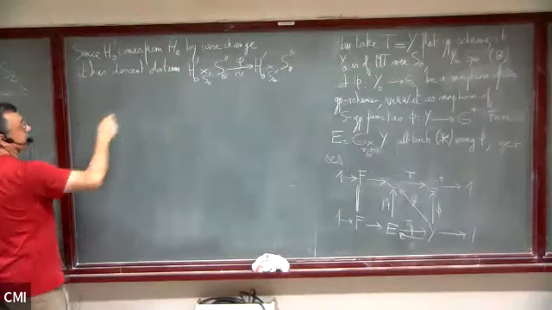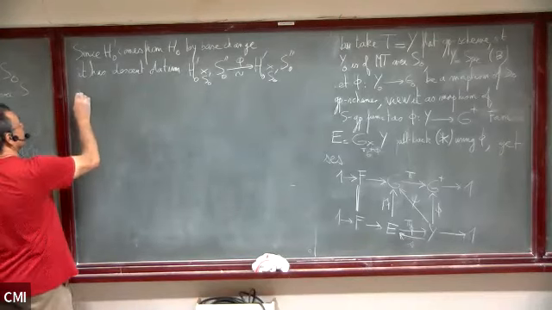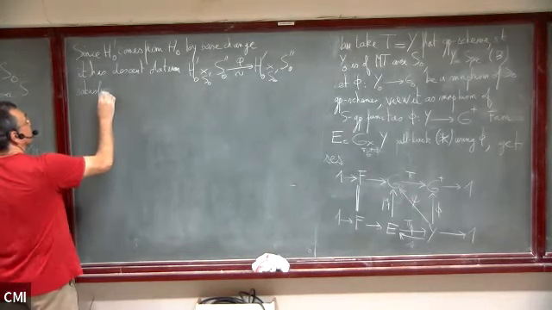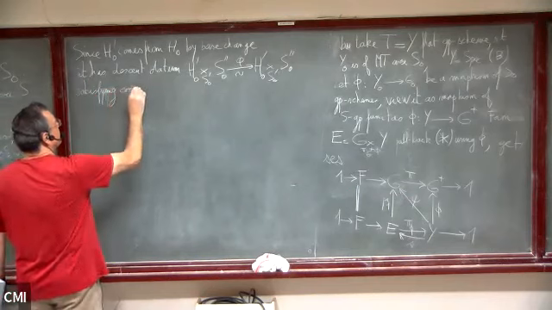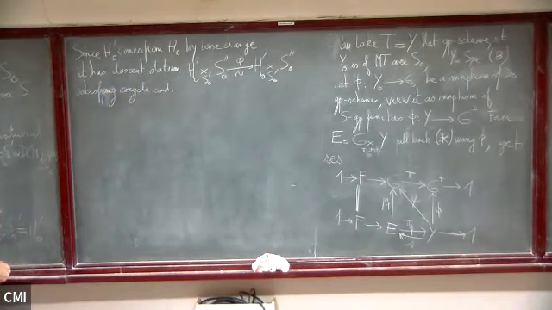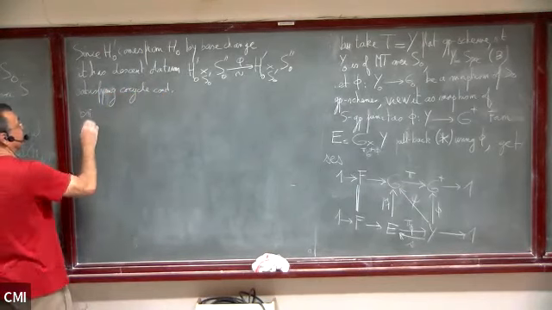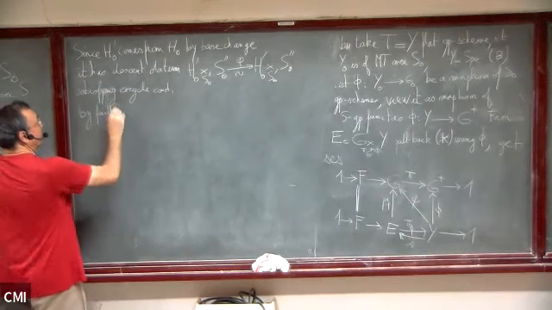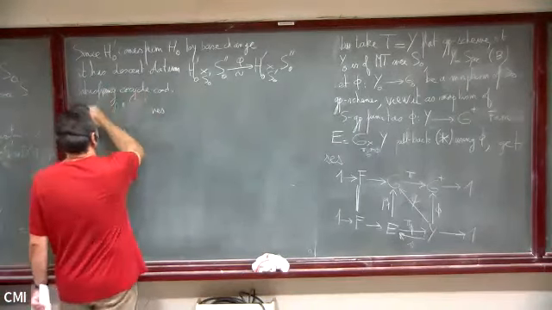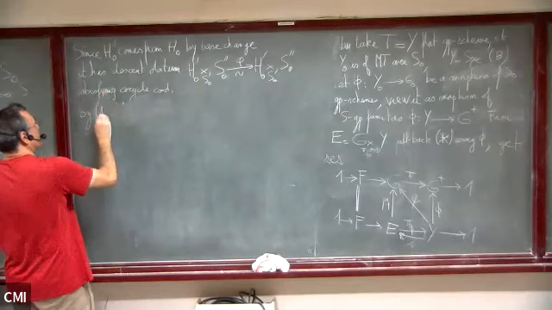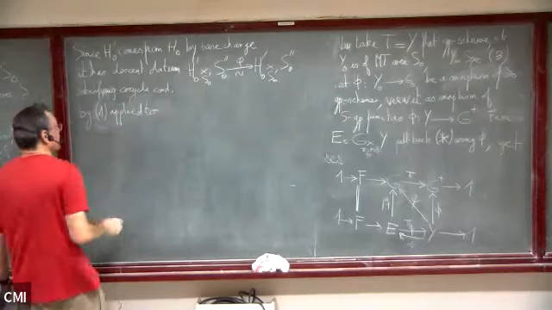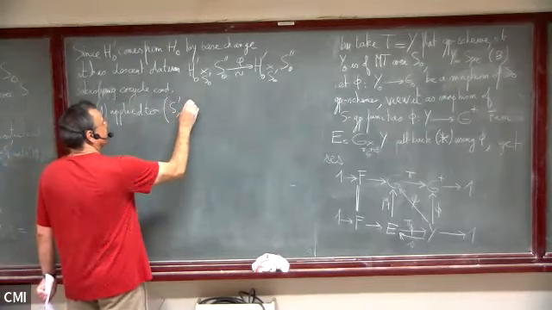So it has an isomorphism like that, satisfying the cycle condition. But by faithful flatness, by one applied to the base change from S prime 0,